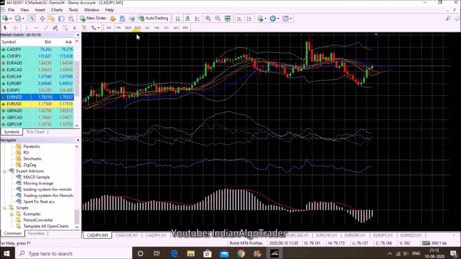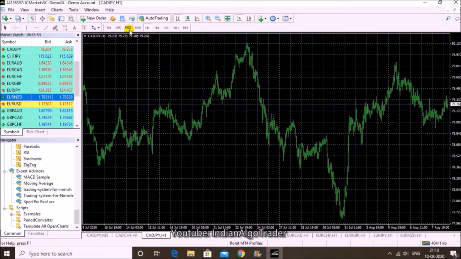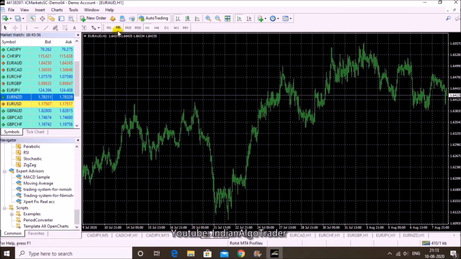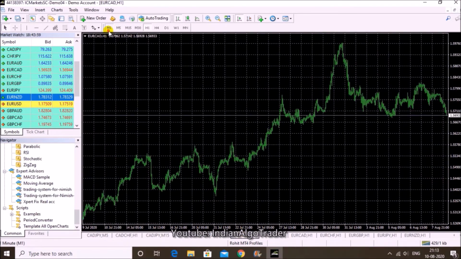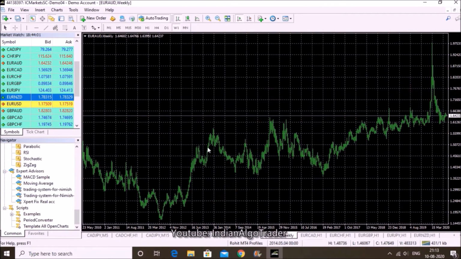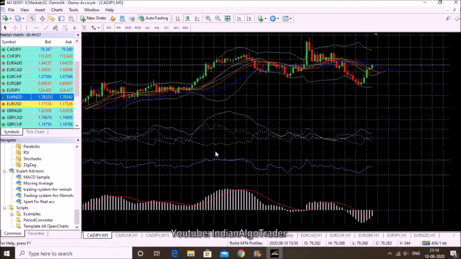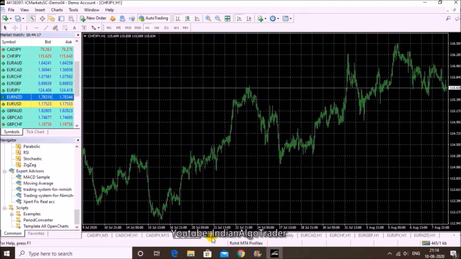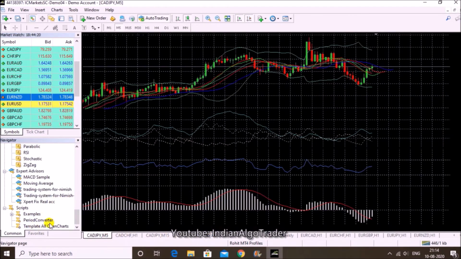So friends, time period doesn't actually matter here. It can be any time period. Maybe the first chart is 5 minutes, second is 1 hour, third maybe 15 minutes, and maybe I will keep this 5 minutes, 1 minute, and randomly maybe this is a week chart, right? So it actually doesn't matter. What happens is whichever chart you have kept open, after running this script, it will simply apply the same set of indicators, same settings, same values to all the rest of the charts. Okay, so we'll see now. What you have to do is just double click on this and it will start applying.